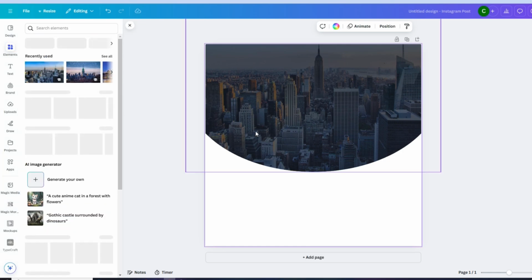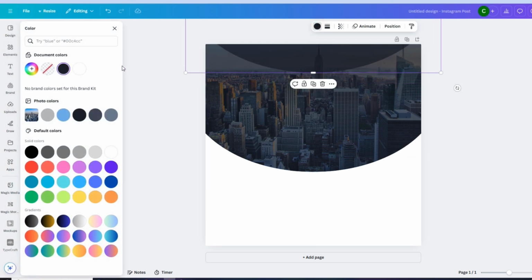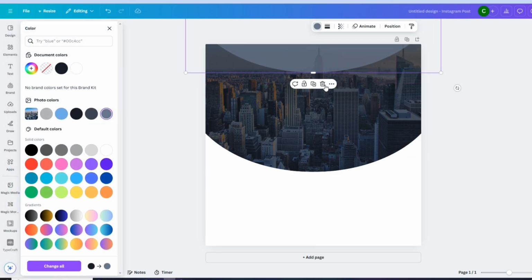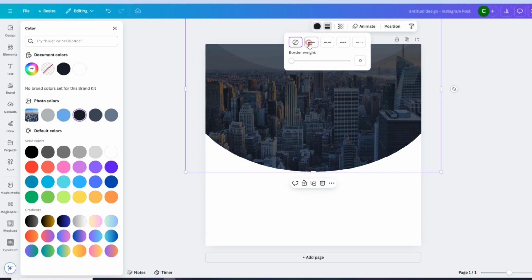Okay, now we can do another thing, duplicate this one here and position it here and change the color to gray, for example, and change the opacity like this. We will add a stroke for this and also a shadow. To do this, you can select stroke. Like you see now, the stroke is inside. I want a stroke outside, so I will remove all this, and after that,